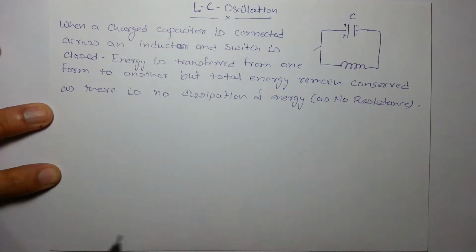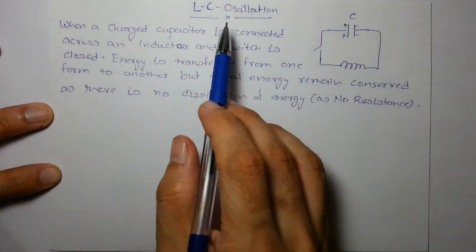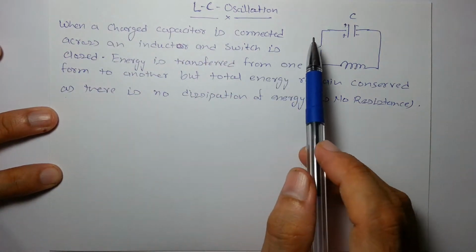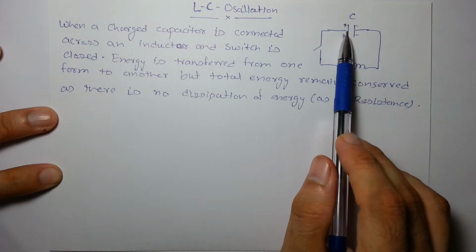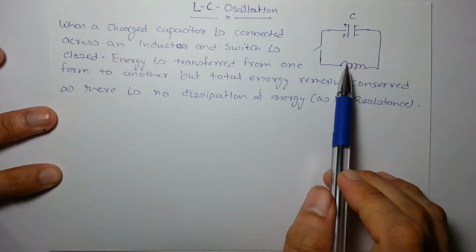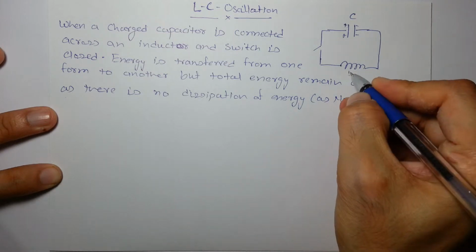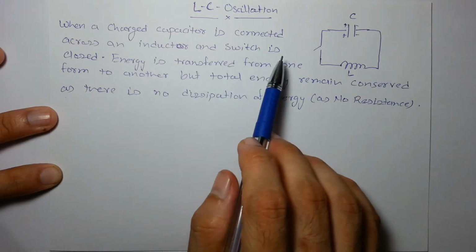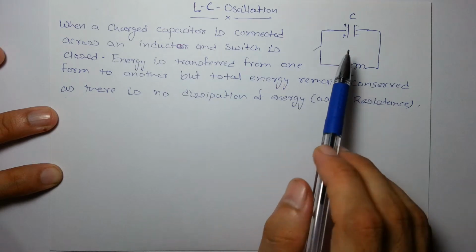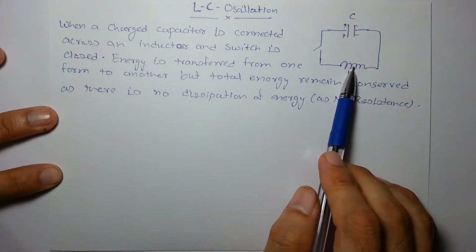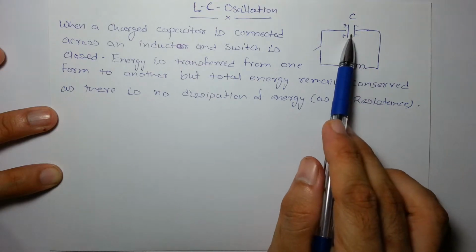Hello guys, in this video I'll talk about LC oscillations. So what do we mean by an LC oscillation? Let's say a charged capacitor is connected across an inductor of inductance L and the switch is closed. The energy transfers from electric form to magnetic form and then is transferred back to electric